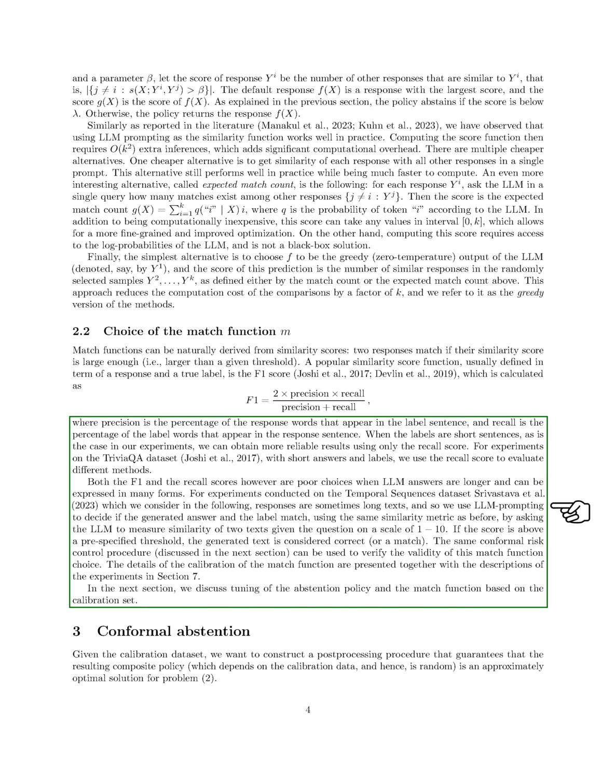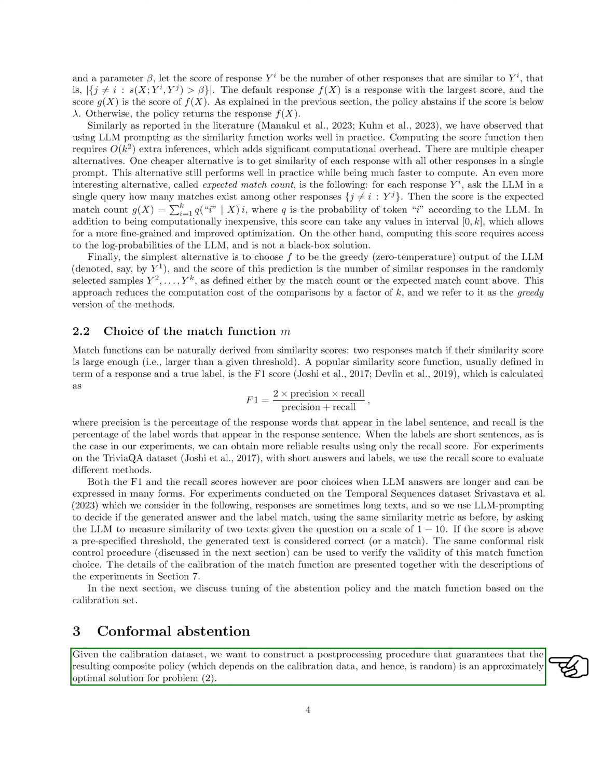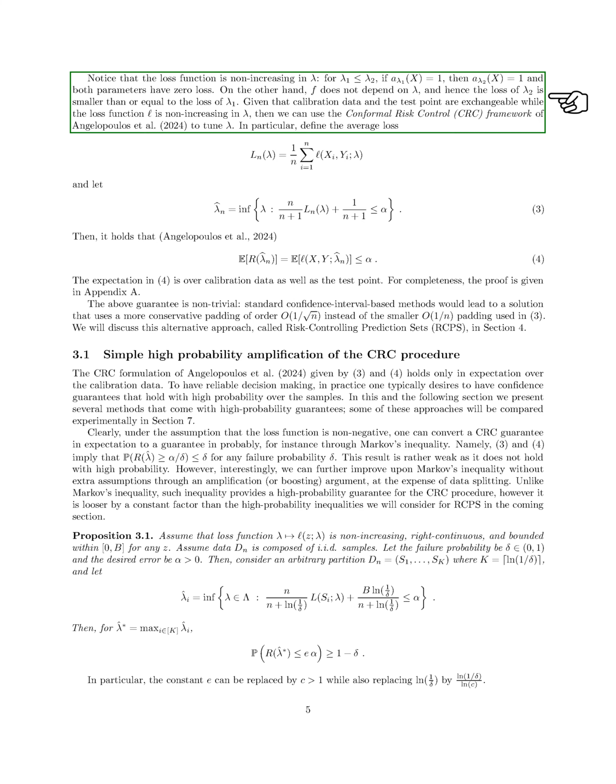Section: Conformal Abstention. In this section, we aim to create a post-processing method that ensures our final policy is close to optimal for the problem at hand, using the calibration dataset. We observe that the loss function decreases as the parameter lambda increases. If the policy assigns a high score to a sample for a smaller lambda, it will also do so for a larger lambda, with both cases resulting in zero loss. The function f is independent of lambda, leading to smaller or equal loss for larger lambda values.